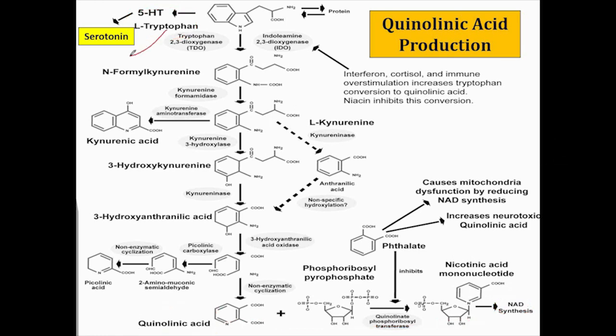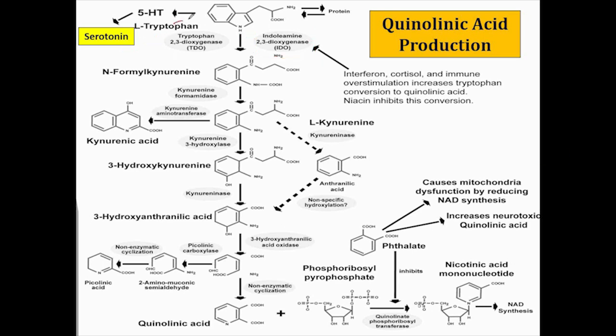We know that tryptophan can get converted to serotonin, and it needs the activity of tryptophan hydroxylase. We need good vitamin D status as well as BH4 to make that happen in the presence of different stressors. Okay, cortisol, interferon, chronic infections can all increase the activity of this enzyme called indoleamine 2,3 dioxygenase. Increases in IDO, which is the acronym for this enzyme, will cause tryptophan